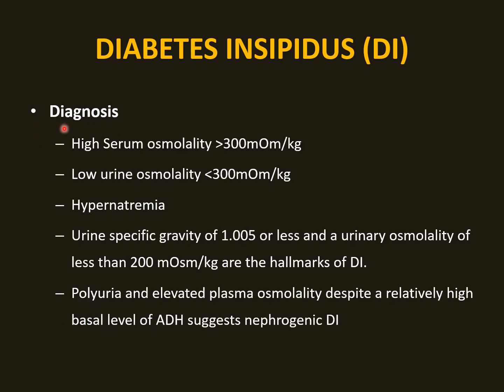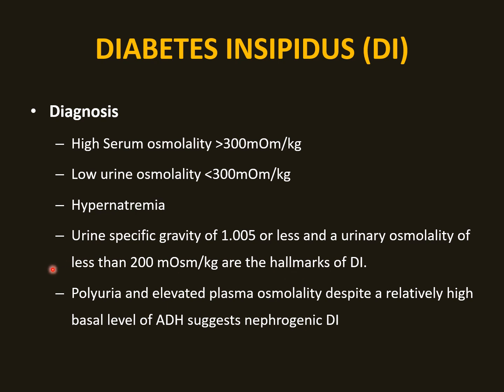Diagnosis. This is very important to keep in mind. High serum osmolarity and low urine osmolarity is diabetes insipidus. So high serum osmolarity with low urine osmolarity is diabetes insipidus. So the serum osmolarity more than 300 and urine osmolarity less than 300 associated with hypernatremia is diabetes insipidus. Urine specific gravity in this case will be low, and the urine osmolarity usually less than 200 is a hallmark